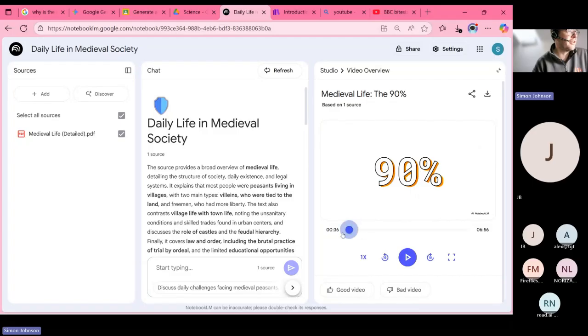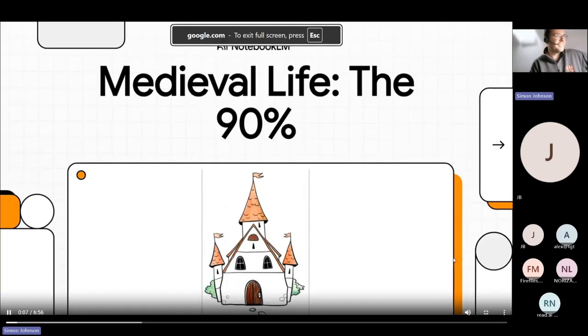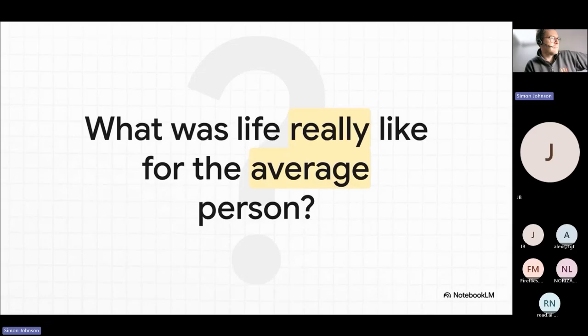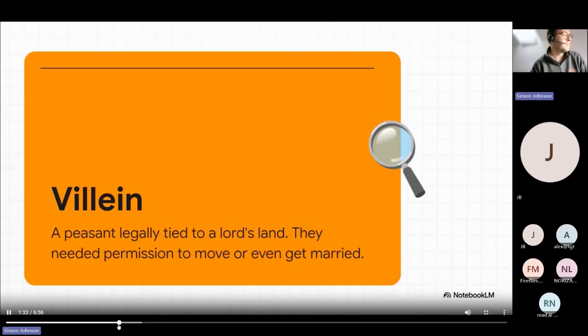When you think about the Middle Ages, what's the first thing that pops into your head? Probably knights in shining armor, right? Kings, queens, incredible castles. But you know what? That's kind of the fantasy version. Today, we're going to pull back that curtain and get to the real story, the story of almost everybody else. So that's the big question, isn't it? If you weren't a lord or a lady, if you weren't born into wealth and power, what was your life actually like? I'll tell you right now, it is a world away from what you see in the movies. And that's where the real history is. And for most peasants, that status was villain. Now, this wasn't just a job title. It meant you were legally bound to the land you